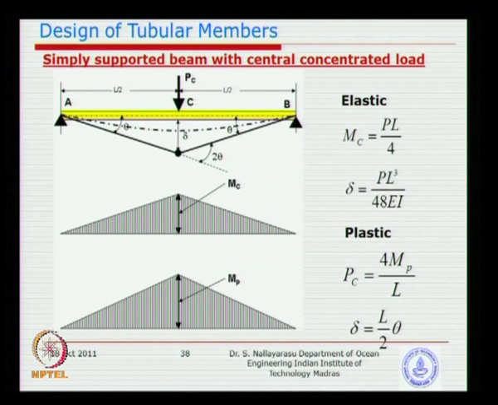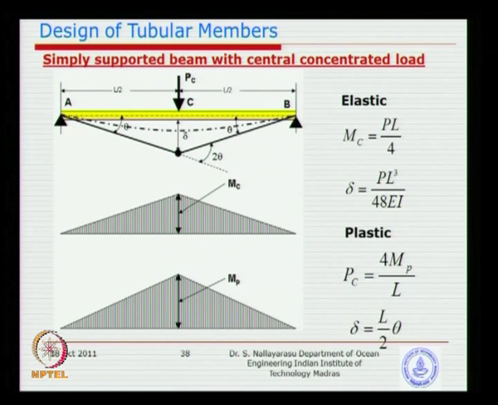WL by 4. Also the deflection at the center, if you use any one of the methods you have learned, slope deflection method, moment distribution method, or other integration methods, you could find the displacement at the center will definitely be maximum. And at the time the beam is collapsing, or the stress diagram becomes rectangular, I can denote the load as P collapse. Instead of the conventional P, I am calling it PC, and when I substitute in this moment diagram, the moment becomes the plastic collapse moment. So, I just rewrite the equation in terms of the collapse load, which is equal to 4